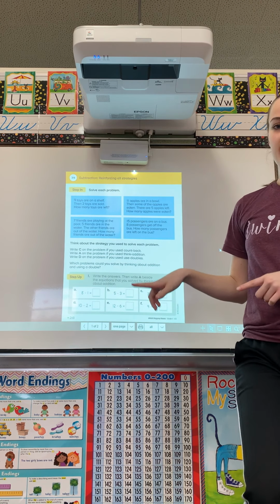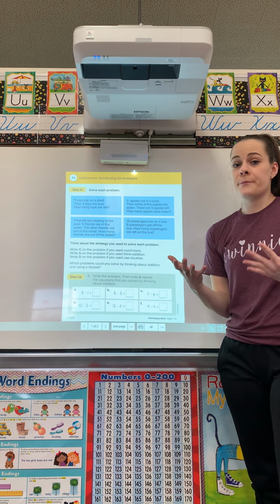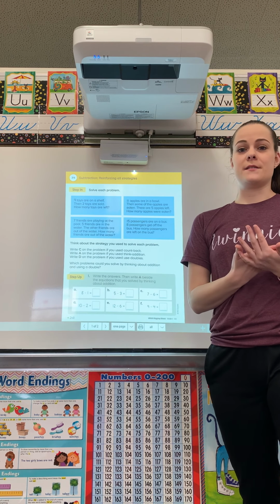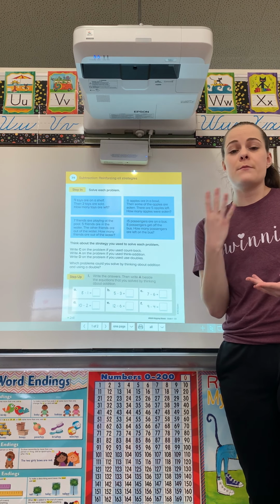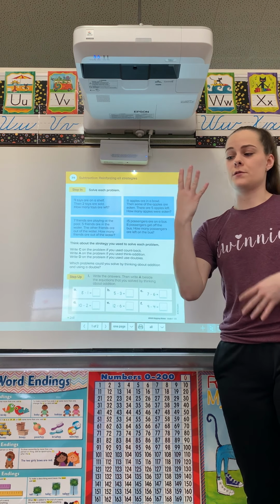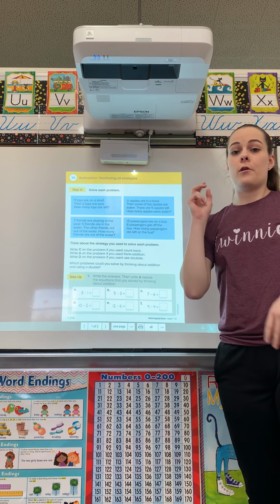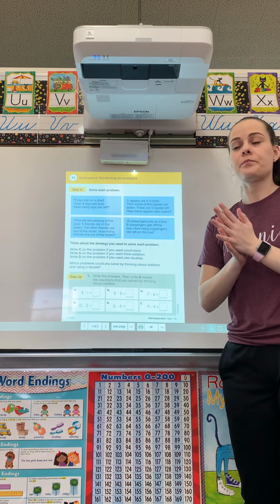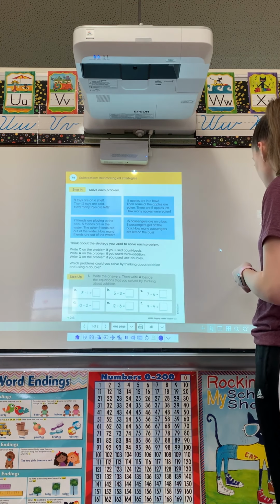What it's asking us to do is use different methods of solving math. So something that you guys have known and worked so hard on is the doubles facts. A double is the same number twice. So 4 plus 4, if I add them up, equals 8. Or 2 plus 2 together is 4. So that's a double. So on the board,